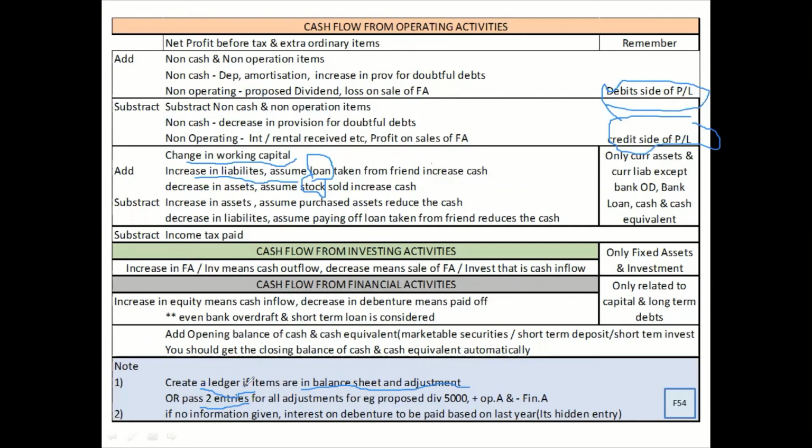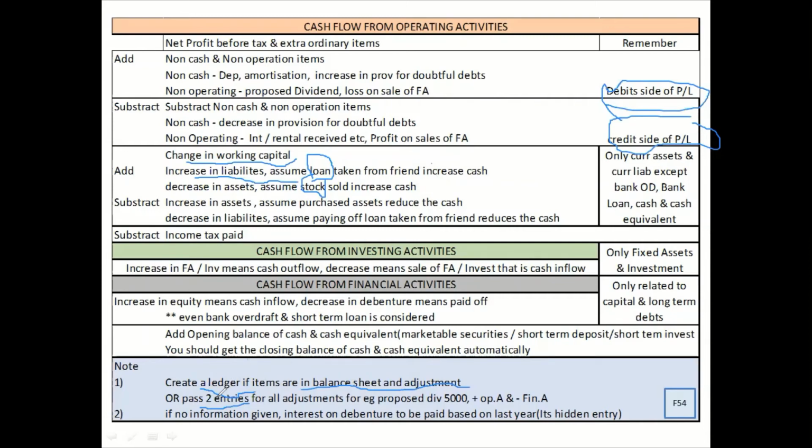All right. So this is what the format is, and these are the important notes, because many a time students don't understand when to make a ledger. This is a very common question. Sir, when do we make a ledger? How do we know when to make it? And not only making the ledger, but also analyzing it is very important. So we are going to learn that.